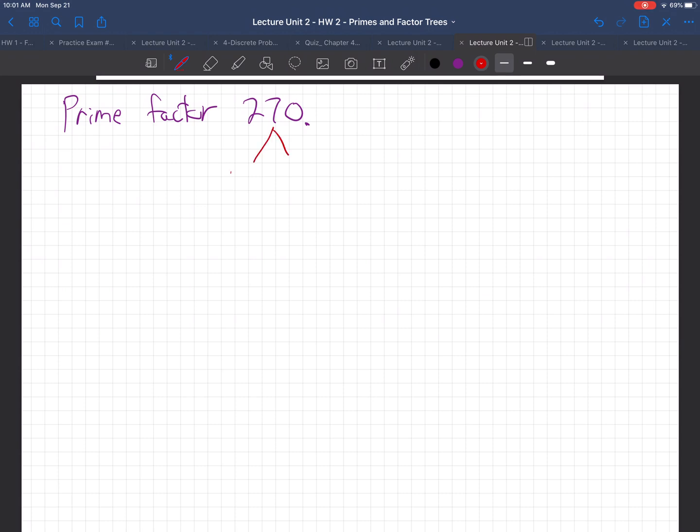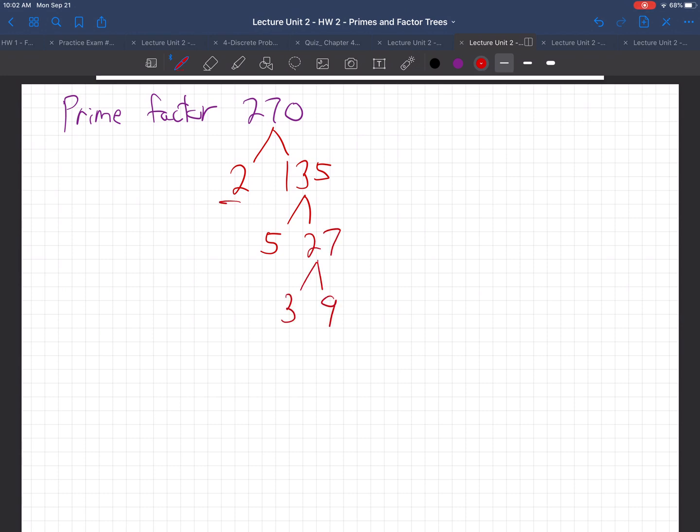You can say, well, it's divisible by 2. So I'll just start by dividing by 2. And just use your calculator, take 270 divided by 2. You'll get 135. And now you might look at that and say, oh, I know 5 goes in because it ends in a 5. And that's fine, and you'll get 27, and then you should calculate, that's